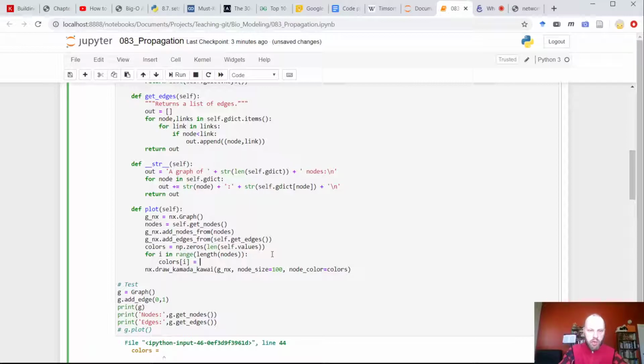Where are colors stored? In self values. What node are we talking about? Nodes i. So this way it should work. And if we do that, we will have a list of numbers. Yeah, it should work. It's not like we haven't specified what numbers they are, but it should work.